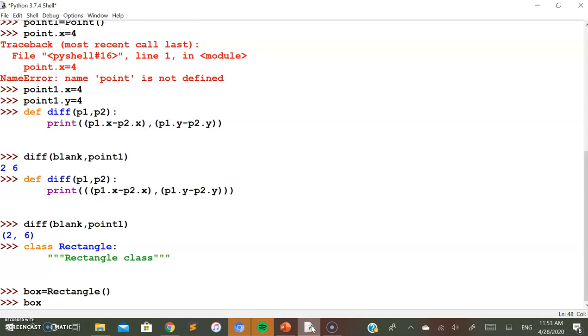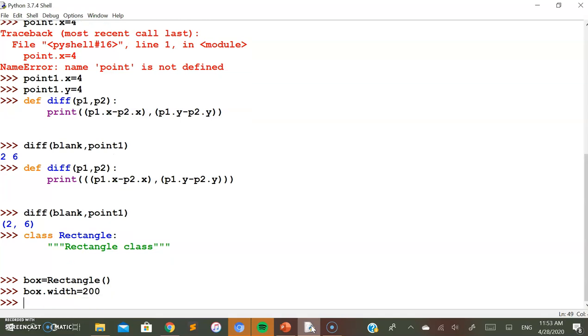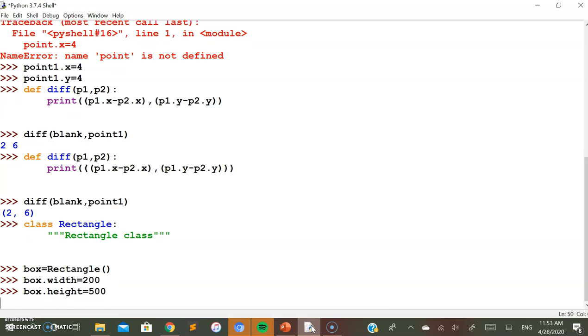First I'll set the width with some value, and the height with another value. The next thing is I also need to define from where it needs to start constructing the rectangle, which is done with the point.